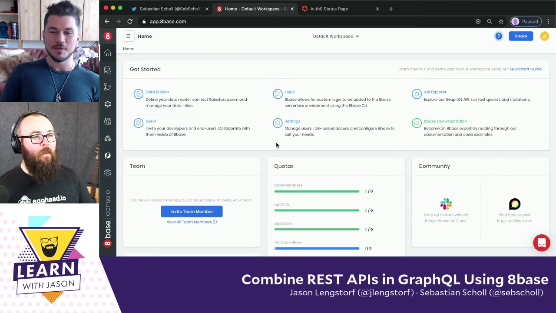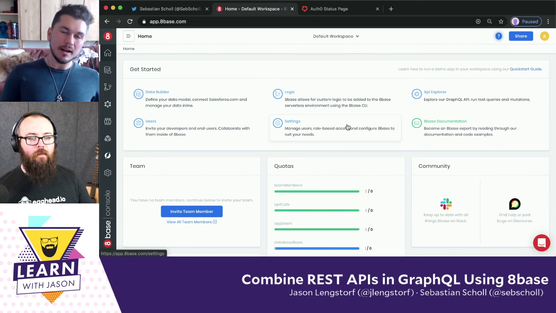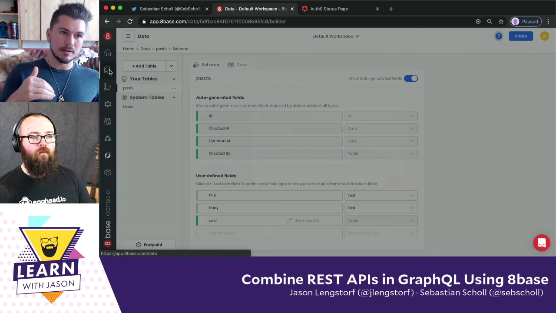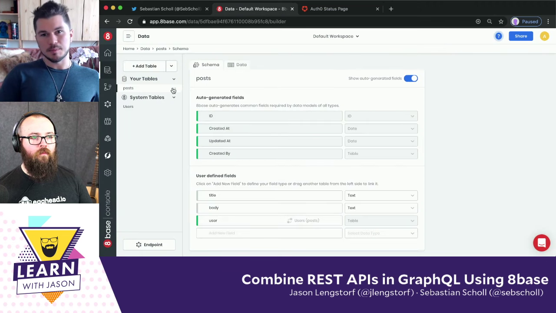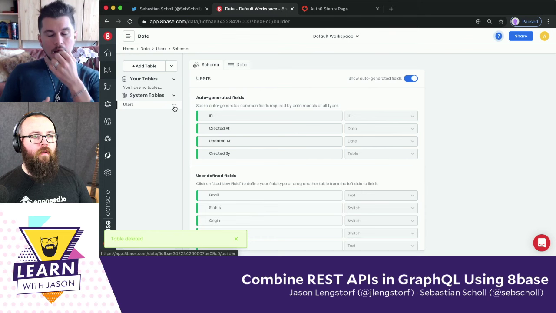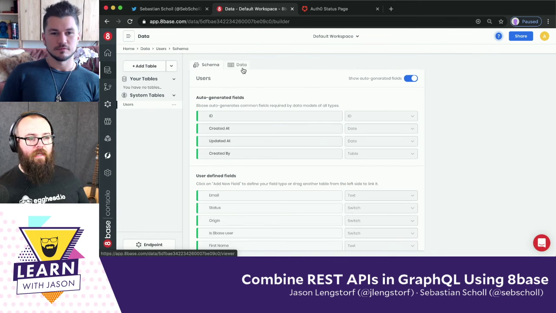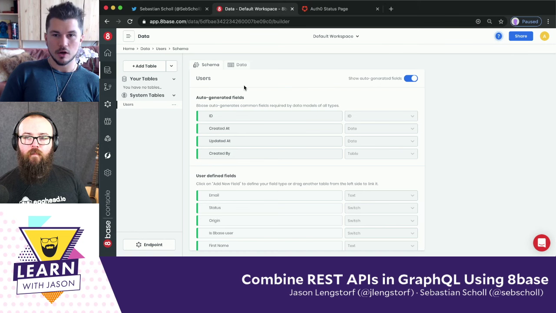Yeah, so right now we're just in the console, on the homepage of the workspace. But really, when you start an 8base project, I always like to start with the data model, the data builder. One of the things that is great about 8base is that you're building on top of a MySQL database. So we're on MySQL on AWS as opposed to NoSQL, so you can really leverage structured data and build relationships between all these tables. We got to undo a little bit of the work. Leave the users table because that one's there by default, but I've deleted everything. We're back to a blank slate here. On that blank slate, what we're going to do is create our first table, which is